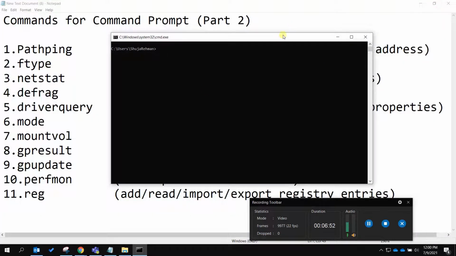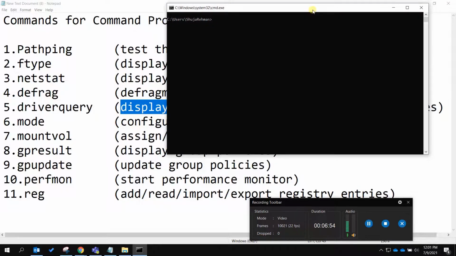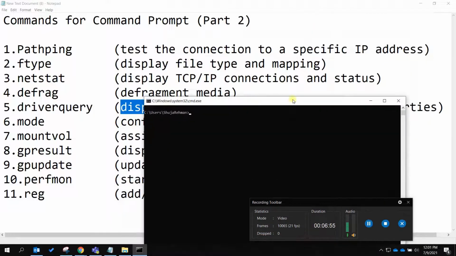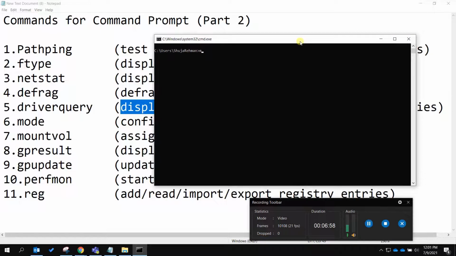And the other one is the mode command, to configure interface and devices. You can use the mode command to configure interface and devices. Here are the status of devices, lines, keyboard rate, code pages, and printer output being rerouted.